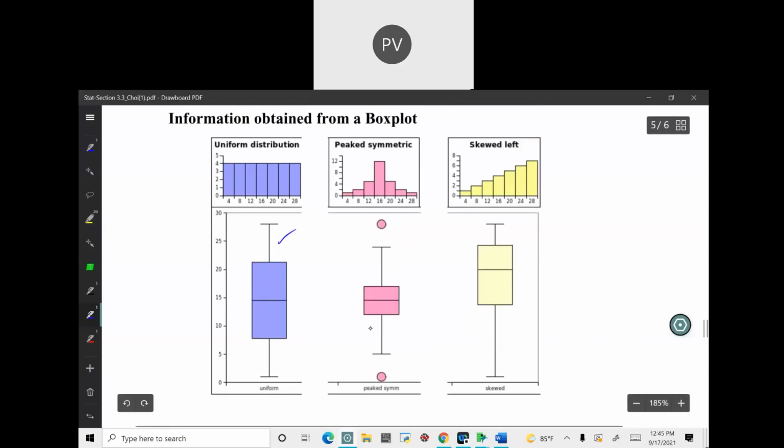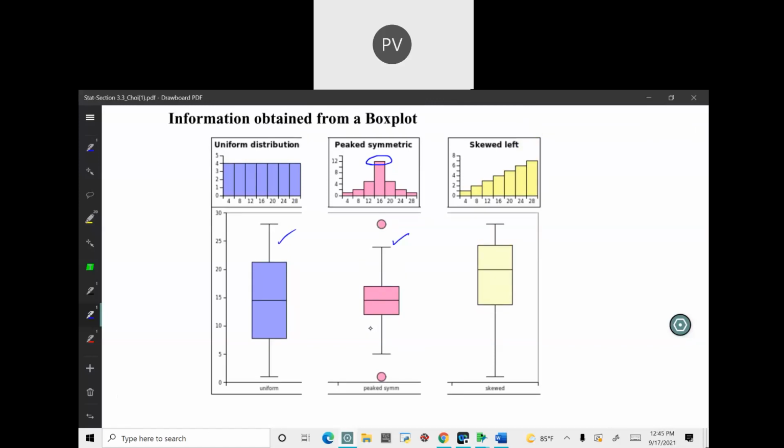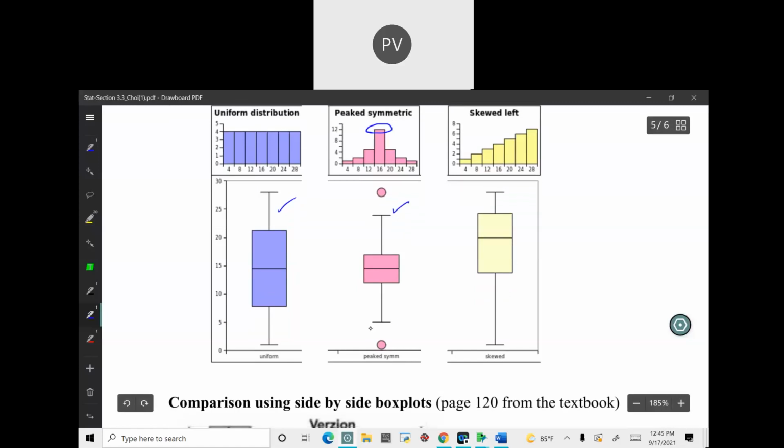Okay, and this is for symmetric. When you have one highest frequency, then this is the parallel box plot. That is for skewed left. Now this is maximum, this is minimum, maximum, median, Q3 and Q1, right? This is Q2. What is this? What are those two dots? Any idea? Exactly, it's called an outlier.